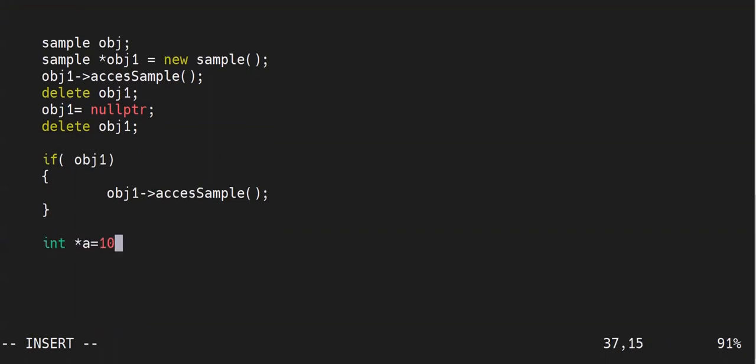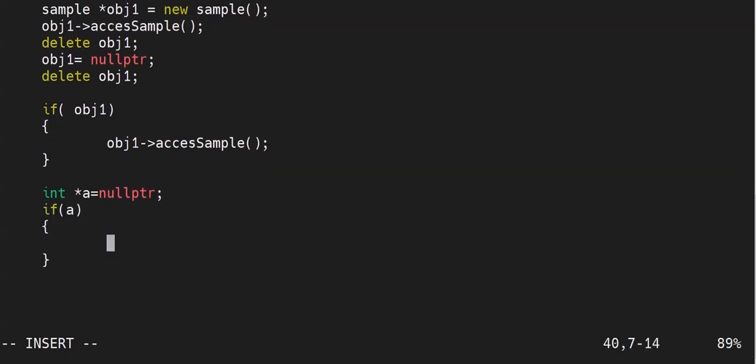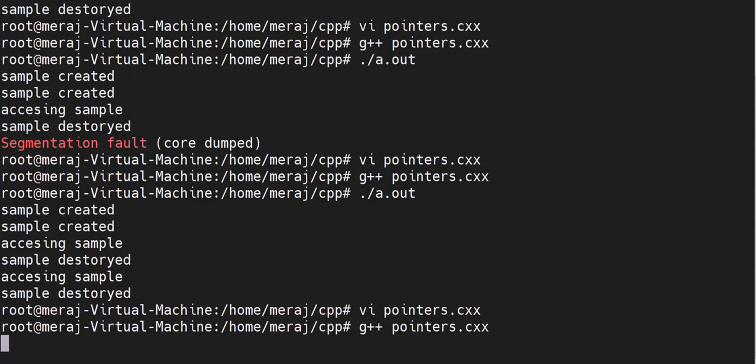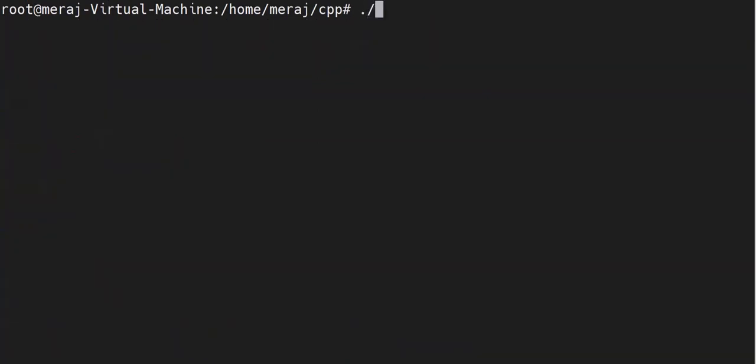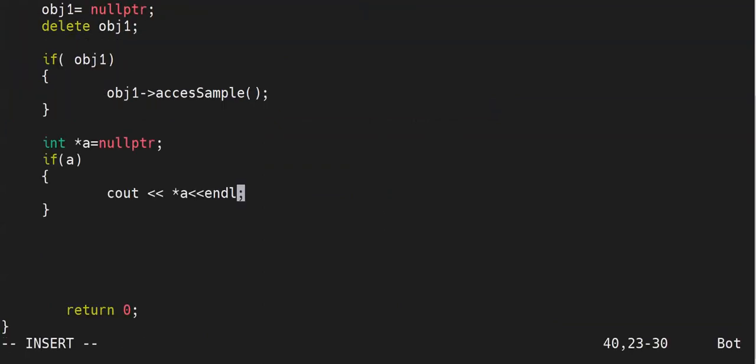Let's also see, your program is safe now. It did not crash because you are checking for null pointers.